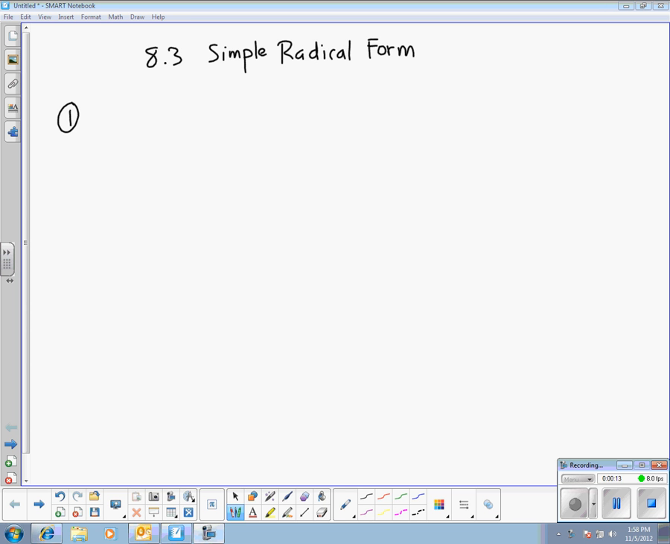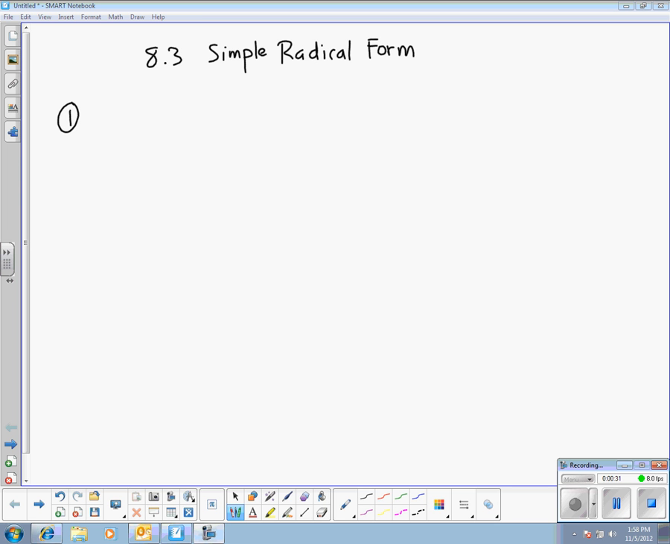In 8.3, we are dealing with what's called simple radical form. In 8.1 and 8.2, we talked about the graphs of functions that have radicals in them, and we'll do equations and word problems and all that. But right now, we're just dealing with expressions and making sure they meet three rules, three criteria for being